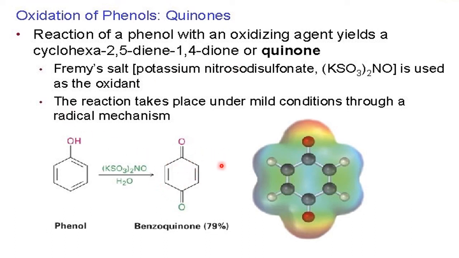We get quinones, because quinones find applications especially in malaria drugs. Different types of quinones are available in the market with different combinations, and they are used to cure diseases. So phenol with a special reagent or with sodium dichromate, we get benzoquinone. The yield is almost around 80%. When more than 50% yield is there, we go for this method.